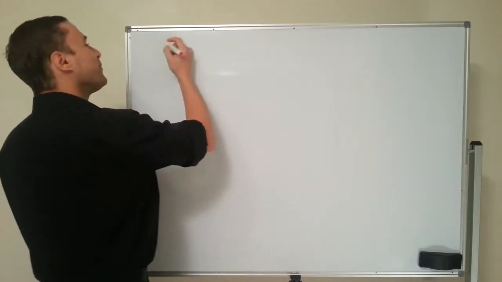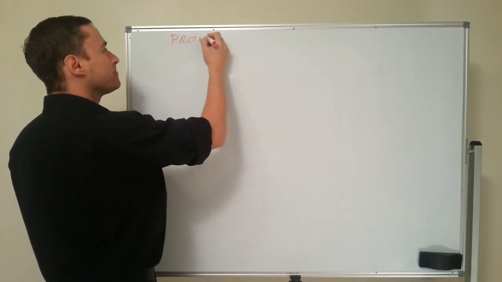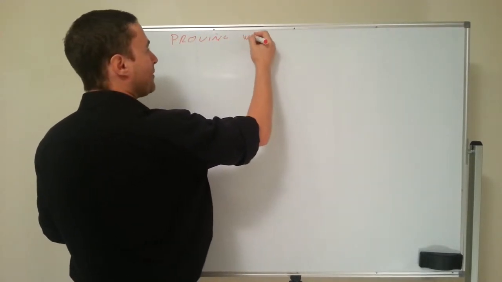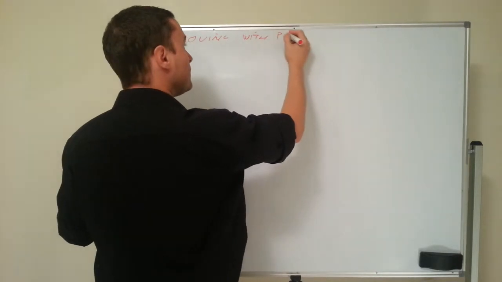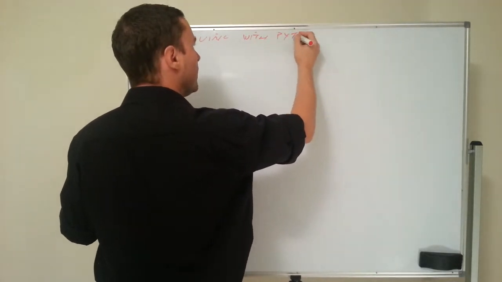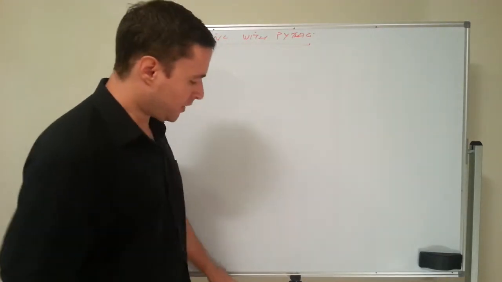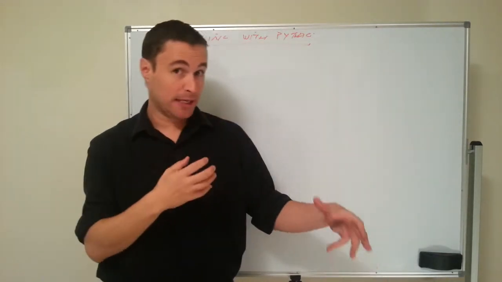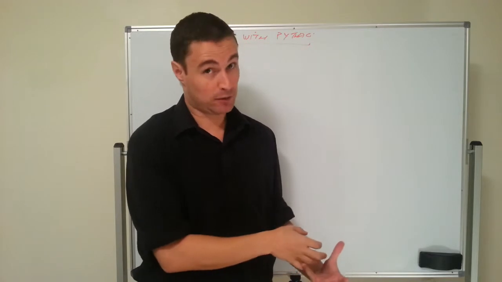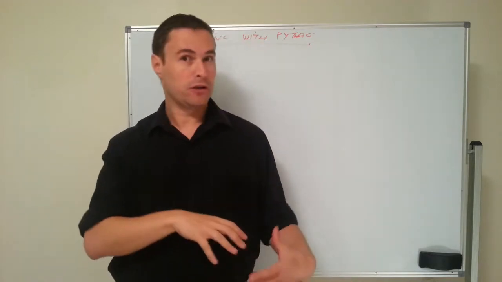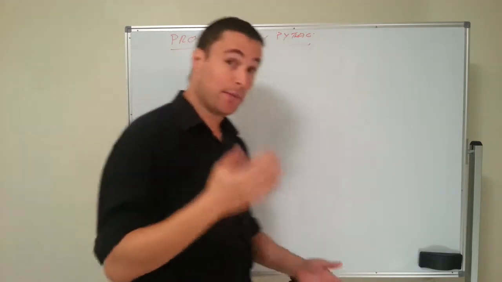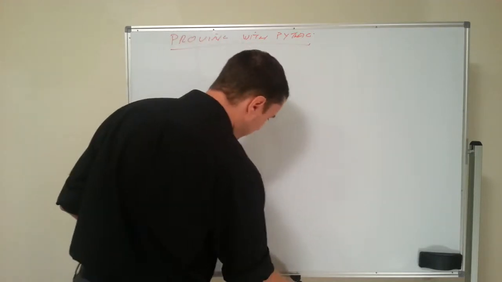Okay, so what we're doing today is proving with Pythag. Now, the thing that you'll be asked to do, potentially, is to show that something's a right-angled triangle, or maybe show that it is not a right-angled triangle. So let's take a look at this. If they ask you